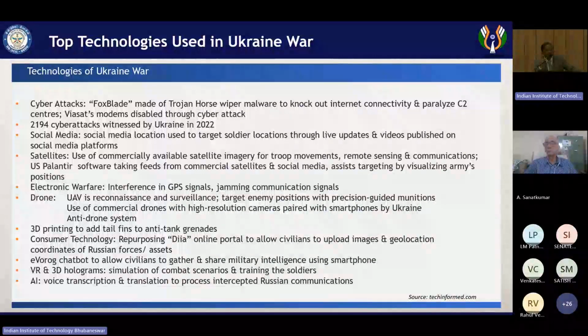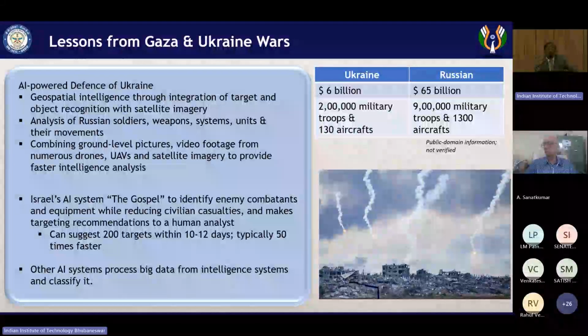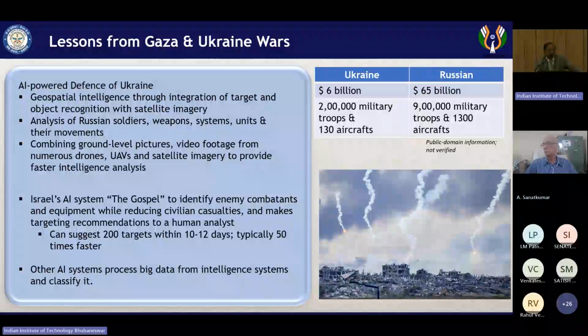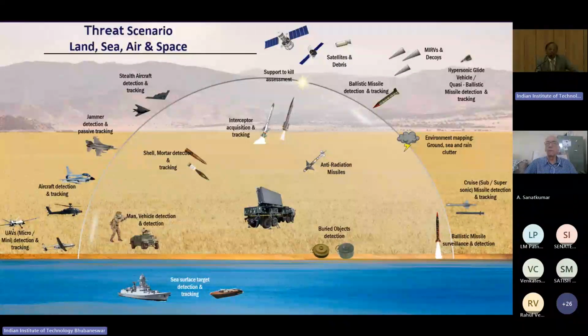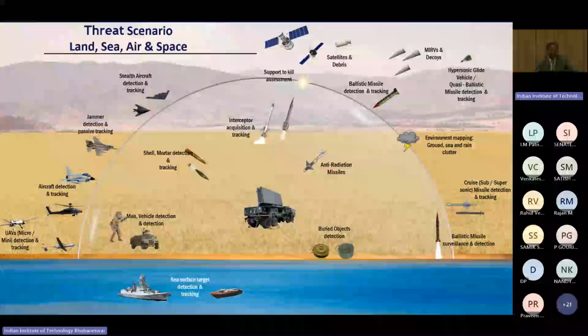And why I'm triggering all that to this young mind is essentially to learn these lessons from Gaza, from Ukraine, how the entire AI system controls, how the entire software controls, how the simple cracking of cyber controls. And these days, people win the war even without launching a single missile. That's the kind of a sequence which has happened in these days. And if you are preparing our country for the futuristic war, friends, this is broadly the scenario where we look at. No doubt, tanks are still there, missiles are still there.